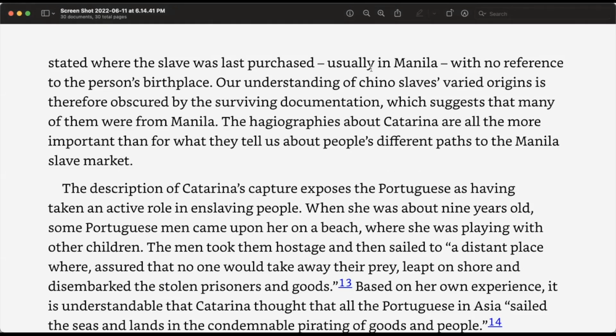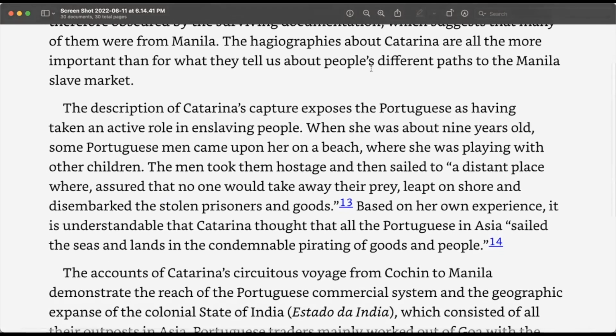Our understanding of Chino slaves' varied origins is therefore obscured by the surviving documentation, which suggests that many of them were from Manila, which they weren't. The hagiographies about Katarina are all the more important for what they tell us about people's different paths to the Manila slave market. The description of Katarina's capture exposes the Portuguese as having taken an active role in enslaving